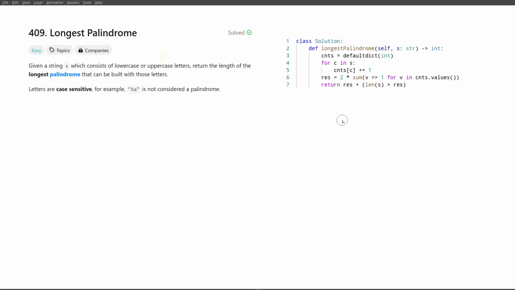Hello everyone, today we'll talk about the problem longest palindrome. We're given a string S, and we can use letters from S, maybe only some letters, rearrange them however we want, and we want to create the longest palindrome possible. So we want to discard as few letters as possible from S, so that the remaining string after rearrangement is